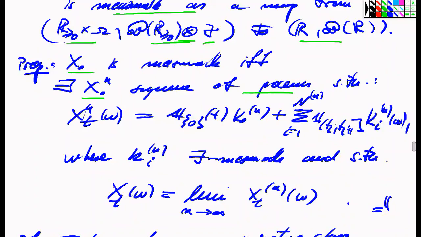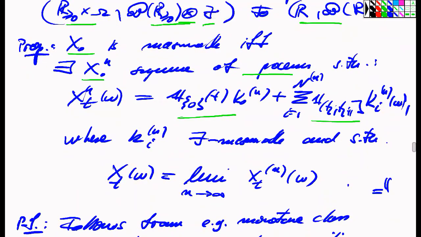Step functions here, in this case in time, which approximate the given process X for all possible arguments t and omega. And the step functions that we want to consider are step functions which are piecewise constant in time, and each of these piecewise constant in time indicator functions is multiplied by a certain random variable, which is a random variable exclusively in omega. So in other words, it says that